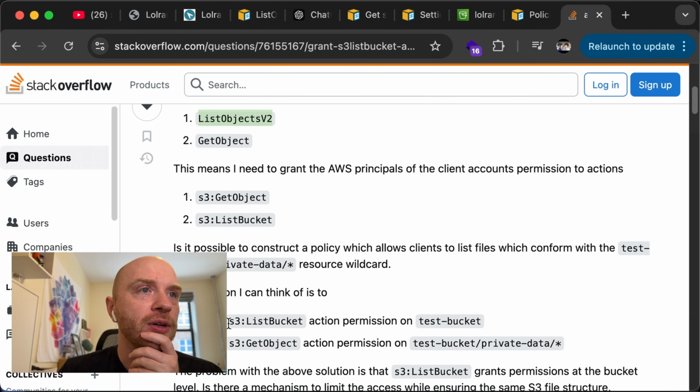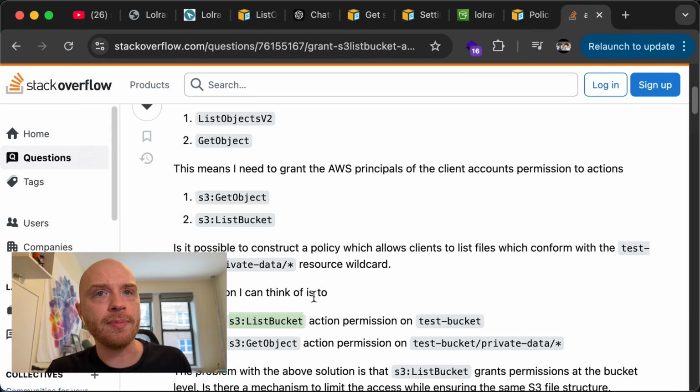It's just a confusing name. List in the bucket, not list all the buckets.